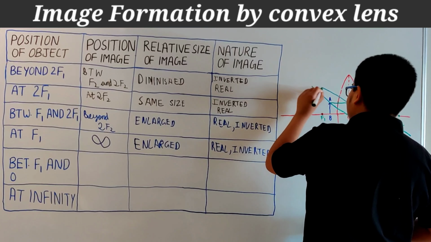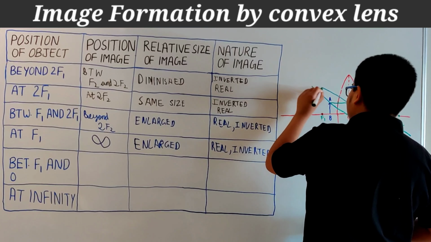Now again, let's see the properties. The position of image will be on the same side of the lens, same side. The size of the image you can see is enlarged,